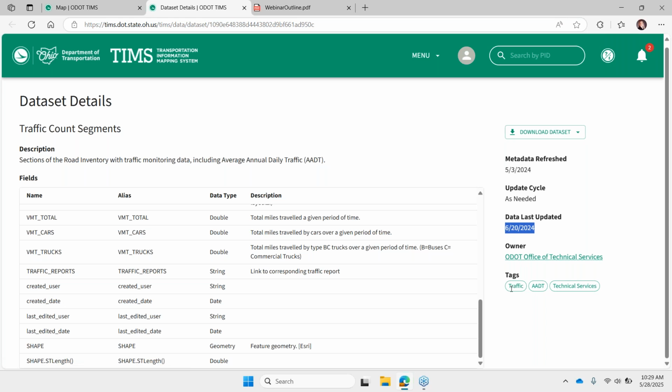See those tags. So this is kind of the back end. We saw the tags when we searched the layer list, we reveal those tags to you here, and get a link to the data owner. Most often, that's going to be another office within ODOT where you can get more information and contact information, any manuals or help documentation that they might have. This is a good way to link to that.